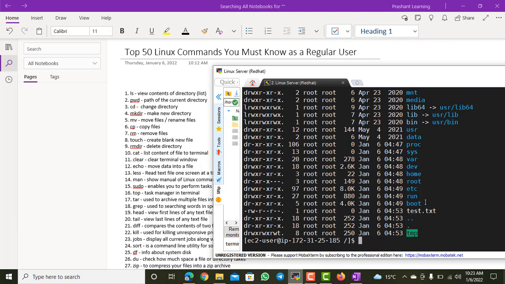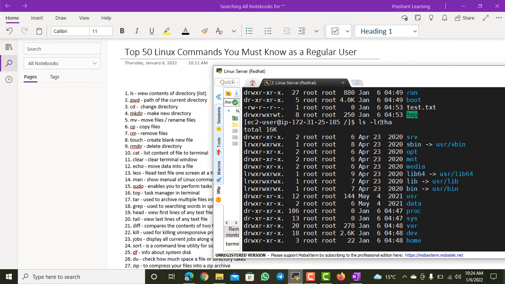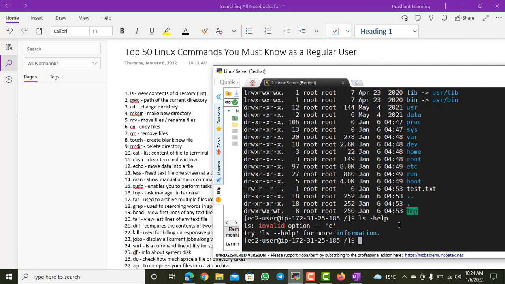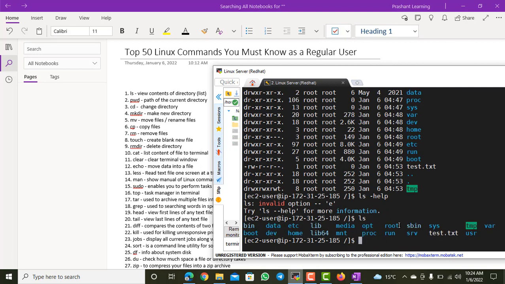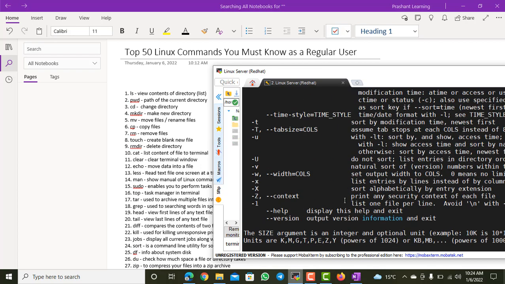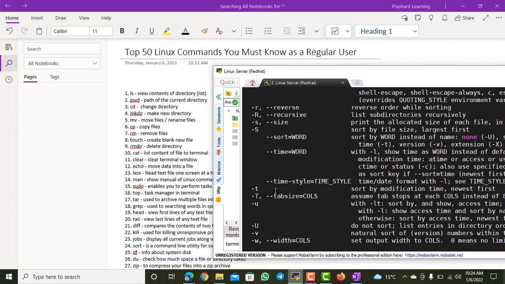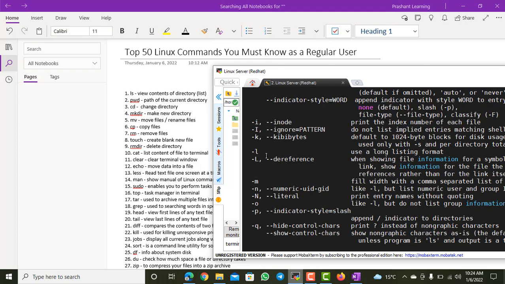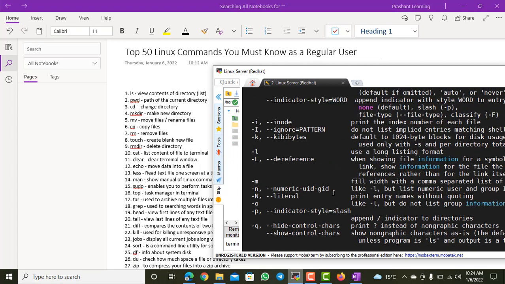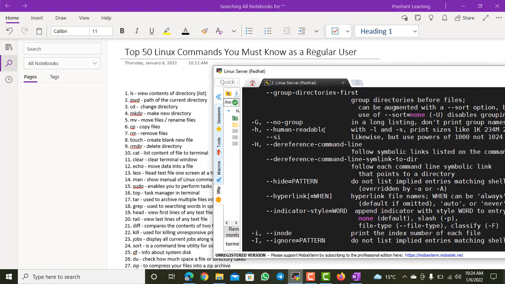Now if you want to know what these options actually do in detail, you can take help: ls --help. So here it is. If you go through this, you can see all the options, like what t does, what l does, like use a long listing format. h is used to present your size in a particular format, a human readable format.